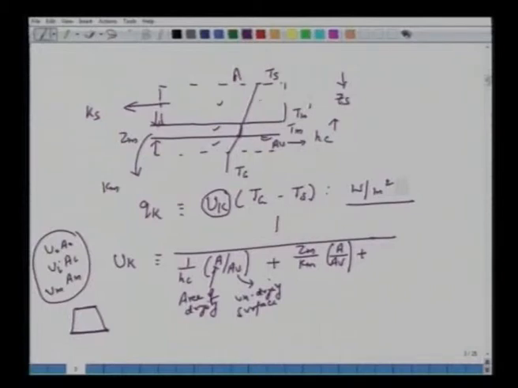Plus now we are talking of the third resistance here, Zs over Ks, and here we have A over Am. Am, you can say that this is the average drying area of solid. For the same reason, maybe this is A1, maybe this is A2. Of course, in our case, all three A's, maybe that depends upon the example, are the same, so we don't have to make any area corrections.